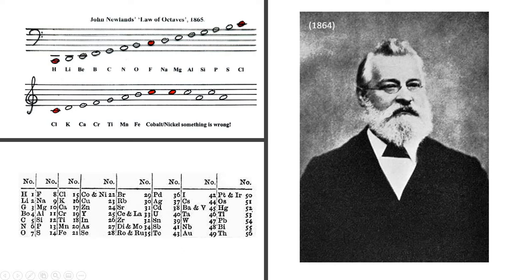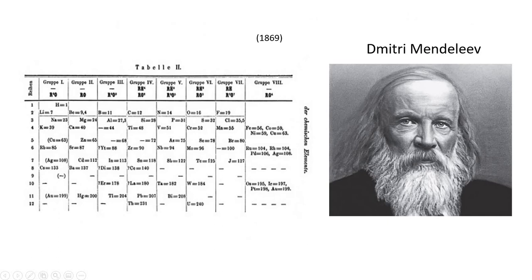John Newlands noticed that these elements actually, instead of being in threes, were in patterns of eights. And that's where he took his love of music and realized that one octave in music is 8. So he started arranging the elements in sections of eighths, and he called them octaves because of his love of music besides chemistry. And that is similar to what we use today, although you'll notice there are changes and modifications over time as more things were learned.